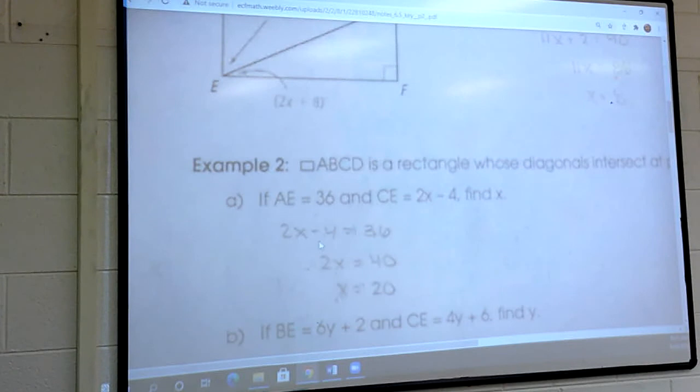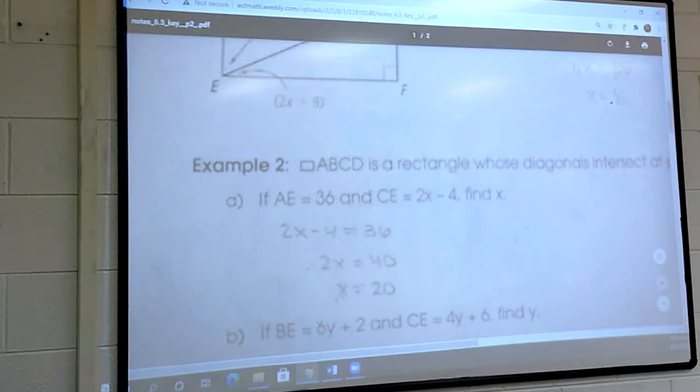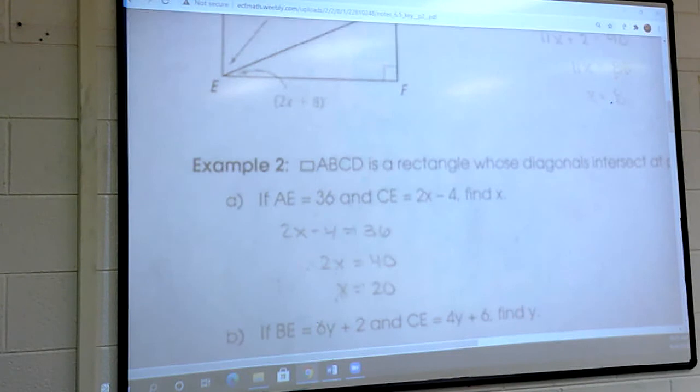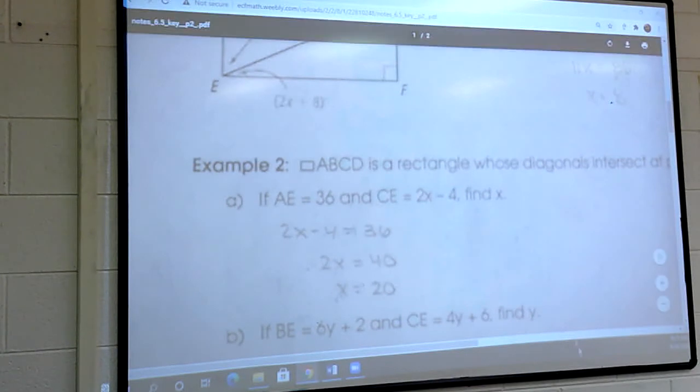And so if 2x minus 4 equals 36, first thing we want to do is add 4. So now we get 2x equals 40. And then the last thing we want to do is divide by 2. So we get x equals 20. Okay? In B,